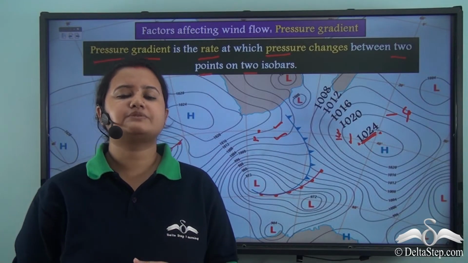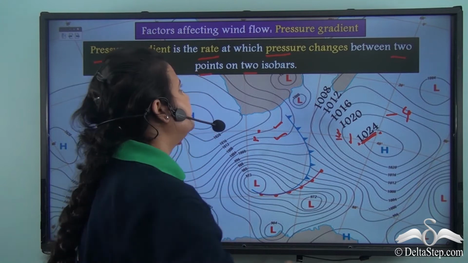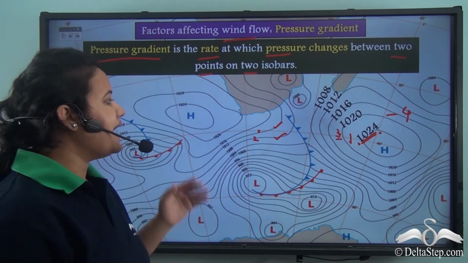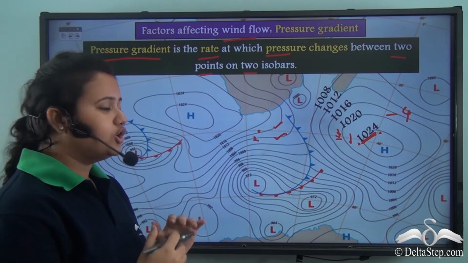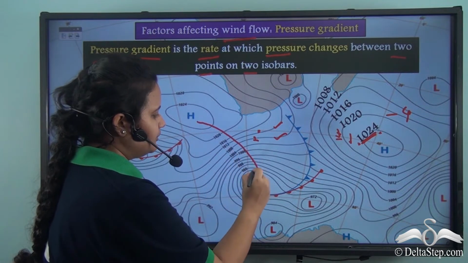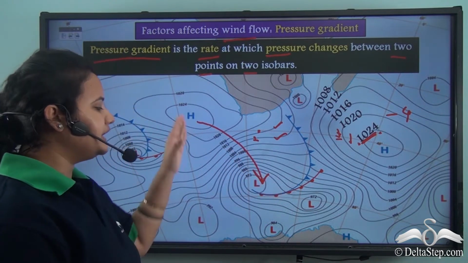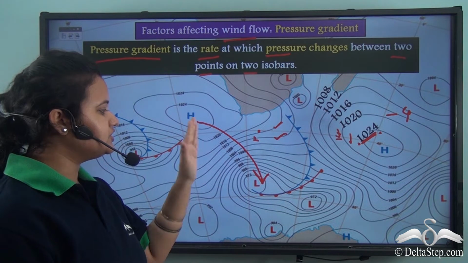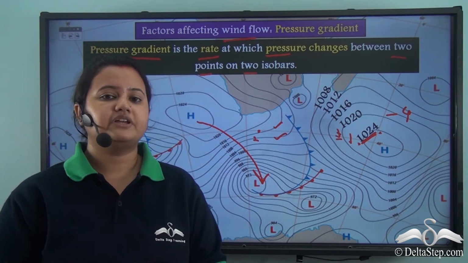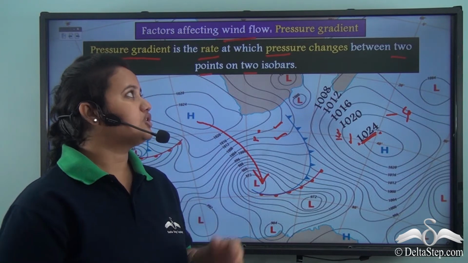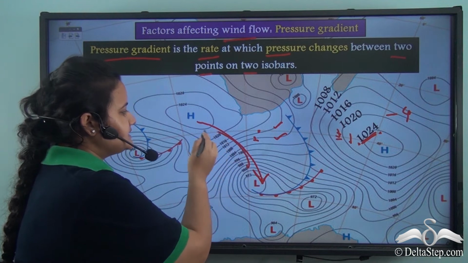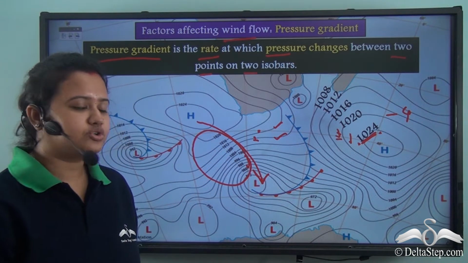Now, how does this pressure gradient affect wind flow? We know wind flows from high pressure region to low pressure region. So this is the high pressure region and this is the low pressure region. So wind will flow in this way from high pressure region to low pressure region. But apart from this, wind flow also depends on pressure gradient. The closely placed isobars show